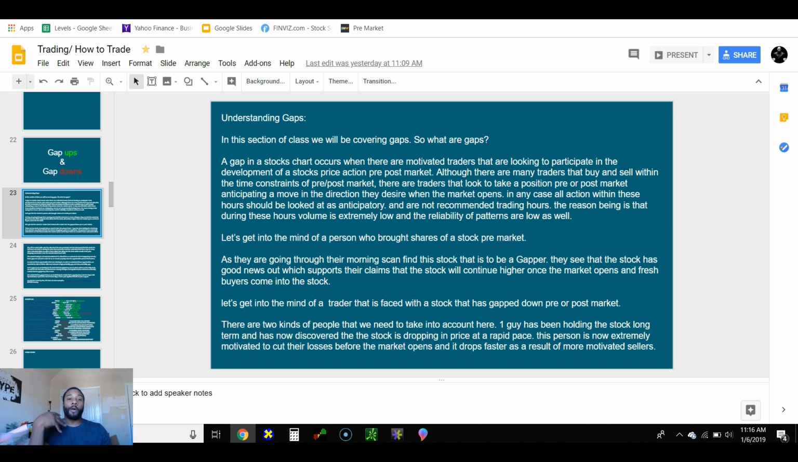Okay. So, a gap in a stock's chart occurs when there are motivated traders looking to participate in the development of a stock's price action pre or post market. There are traders that look to take a position pre or post market, anticipating a move in whatever direction they desire when the market opens. In any case, all action within these hours should be looked at as anticipatory and are not recommended trading hours. The reason is that during these hours, sometimes the volume is extremely low. So, you may get into a position and you see a flag pre-market,